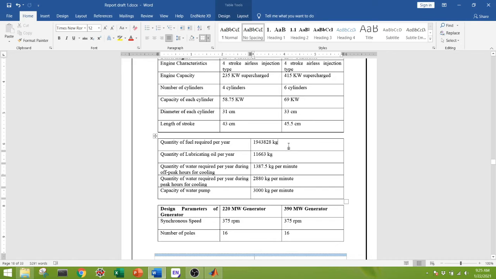Since we all know that in hydro there is no fuel, actually the fuel is water and that is free, but in diesel we have to pay the price of fuel, so for that we need to consider the quantity of fuel required per year. So we have also calculated the quantity of diesel, that is our fuel, that will be required per year, quantity of lubricating oil, quantity of water required per year during off peak hours for cooling purposes, quantity of water required per year during peak hours for cooling purposes, and capacity of the pump to regulate the water from the tank